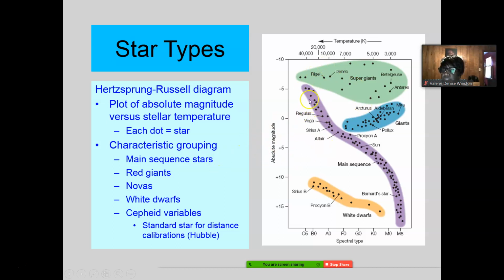They're in the middle of their lifetime. Okay? Now, we're going to get to this later, but once they start messing up, exploding, going away, some of them become what they call the giants. Sometimes you'll read this as the red giants. And then some of the very biggest ones become the supergiants.